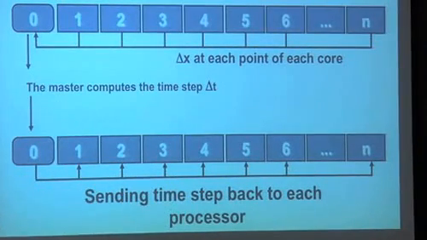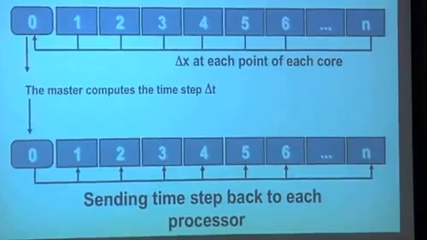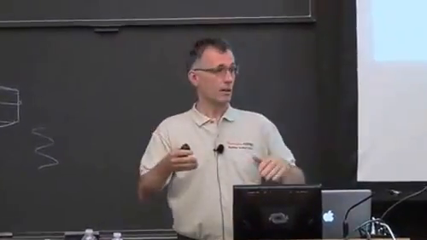When you do it for 10 processors, it's easy. You do it for 100 processors, it's easy. You do it for 10,000, everyone is waiting, because that means basically I have to come and talk to him, give him the time step. All of you are waiting. Then I do the same here. Same. If you are 100, it's okay. If you are 10,000, that takes much too much time.